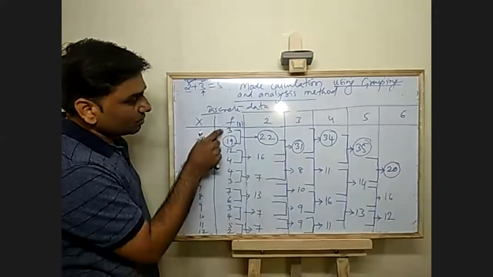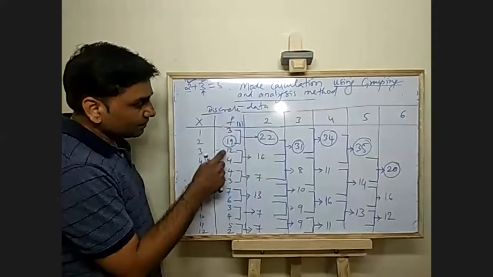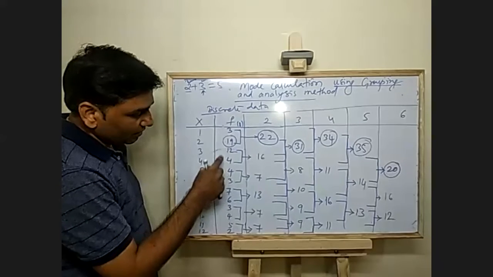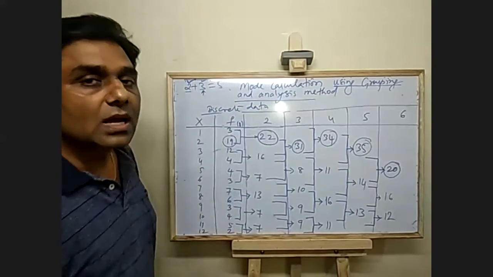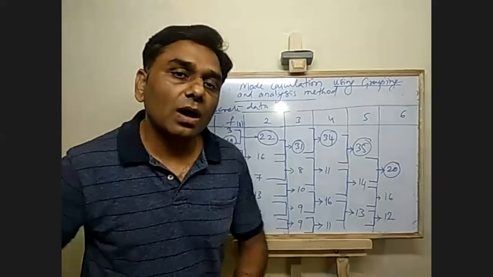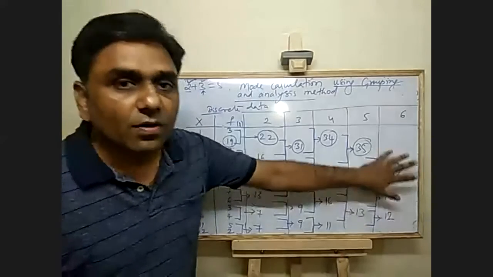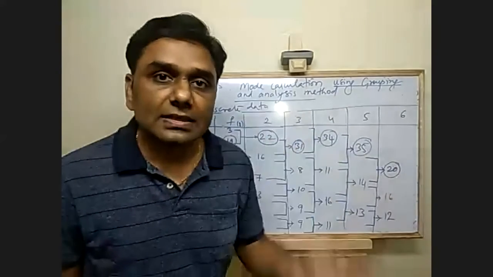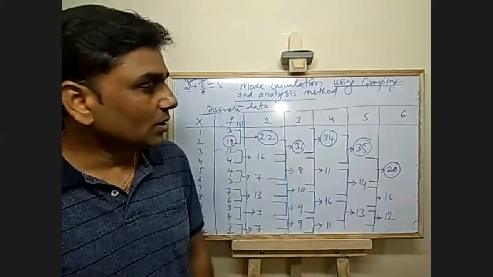Now, leave the first 2 numbers. From the third number, 1, 2, 3, sum of 3 numbers. Sum of 3 numbers. Sum of 3 numbers. And if there are no 3 more numbers, leave the number as it is. Round off all the highest frequencies. Okay. So highest frequencies you have to round.